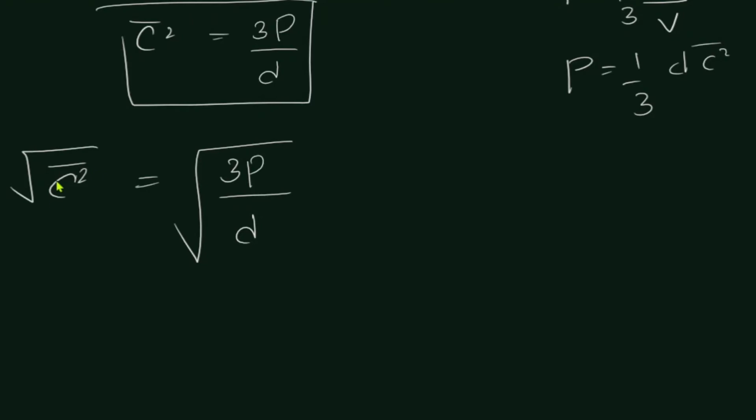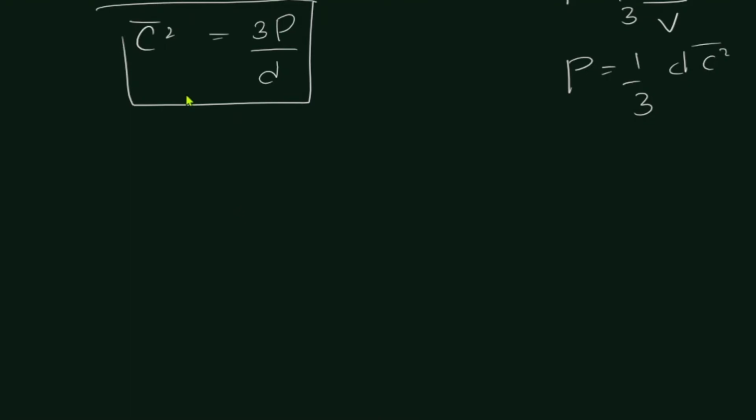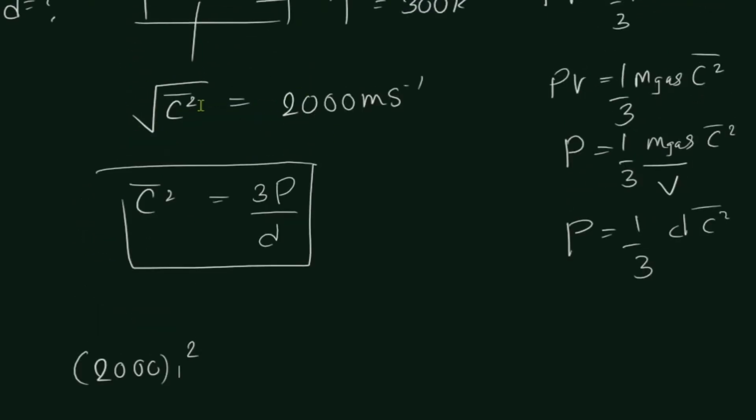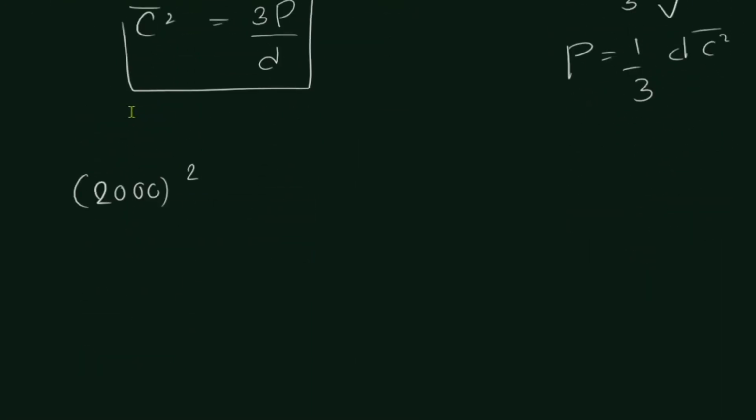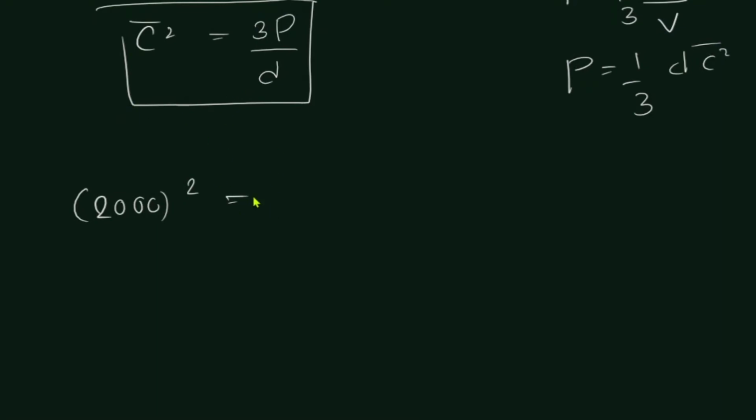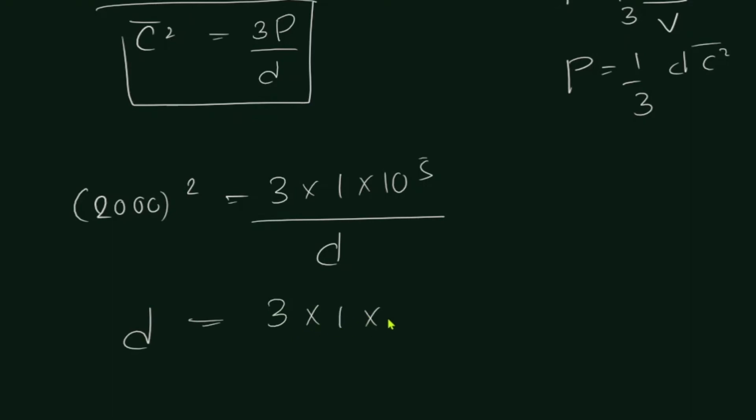Instead of going with the root and all, we can do it in a separate way. C squared bar is 2000 squared, because the root mean square speed is 2000. If we need the C squared bar only, we need to square both sides. The pressure is 1 into 10 to the power 5. Temperature doesn't matter. What we need is the density. Density is equal to 3 into 1 into 10 to the power 5